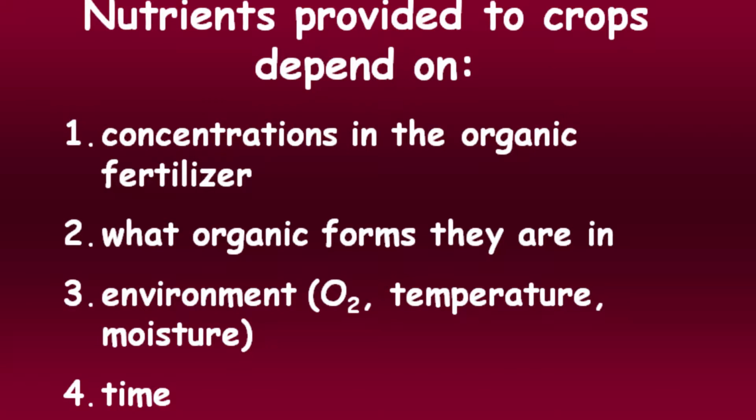The chemical forms that they are in organic matter make all the difference in how quickly they're going to be transformed by the microbes. It depends very much on the amount of oxygen available to the microbes, the temperature in the soil when you apply these, and very importantly, the moisture content. They require all of this in order to decompose organic amendments at a maximum rate. And then, of course, the bottom one there is the very thing: these nutrients are released over some period of time, as opposed to the inorganic fertilizers, which are fairly much all available immediately.